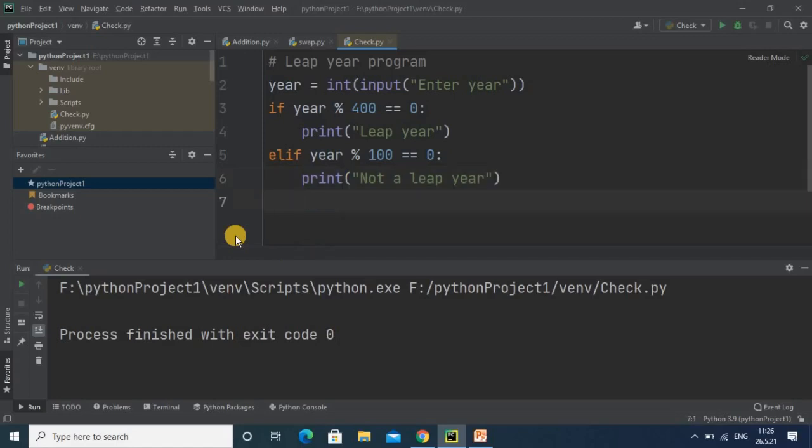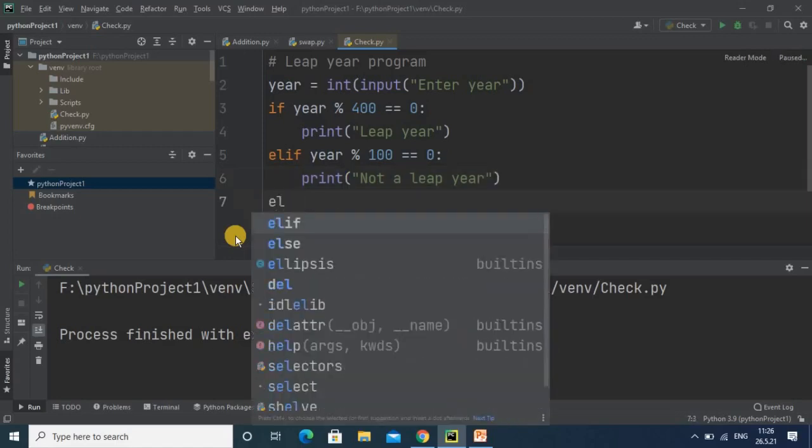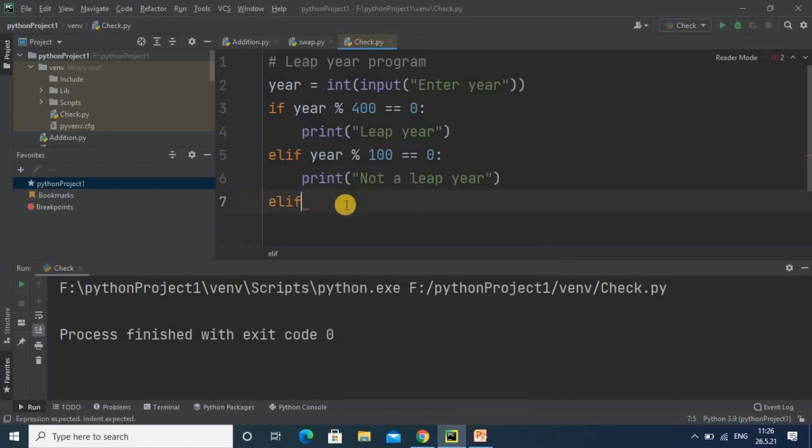Again we will take one more condition here by using an else block, and if both conditions are false then it will check this condition. So here modulus 4 exactly equal to 0, this is our condition.